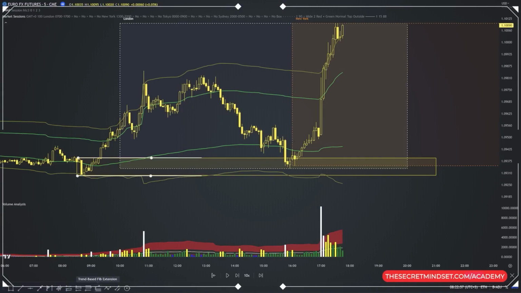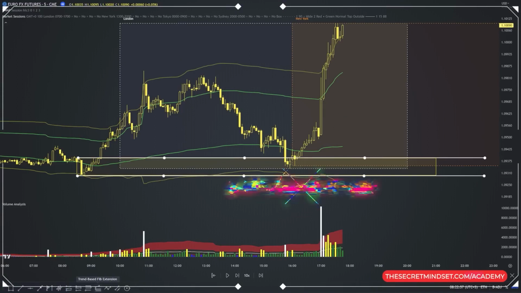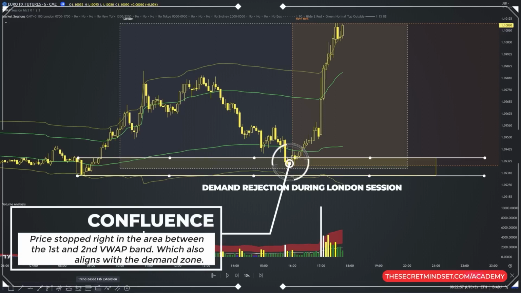Now it's time to find the actual entry point on the 5-minute time frame. First, the retracement happened during the London session, so we're good to go if we can find a trigger. When price retraces to test this zone, we hope for rejection, expecting more buy orders from the banks in this zone. And look at the power of the VWAP bands. Price stopped right in the area between the first and the second VWAP band, which also aligns with the demand